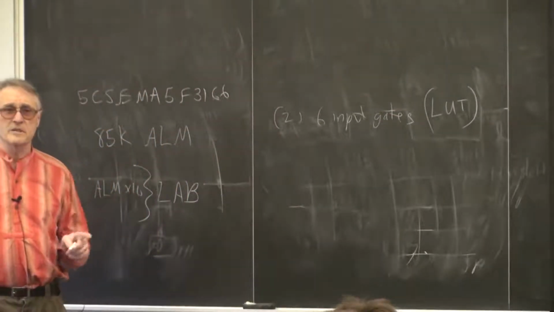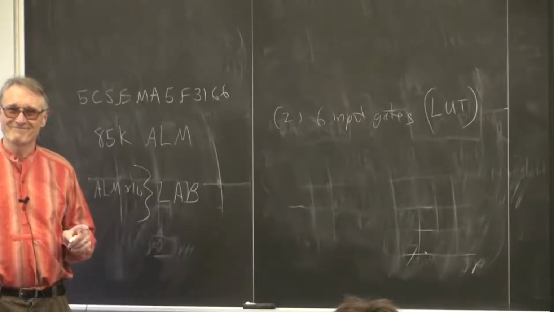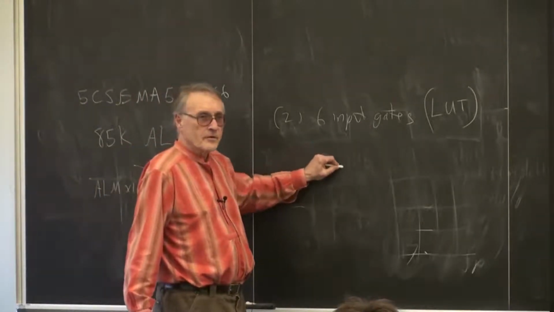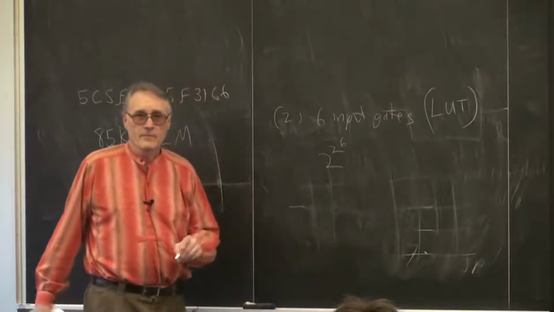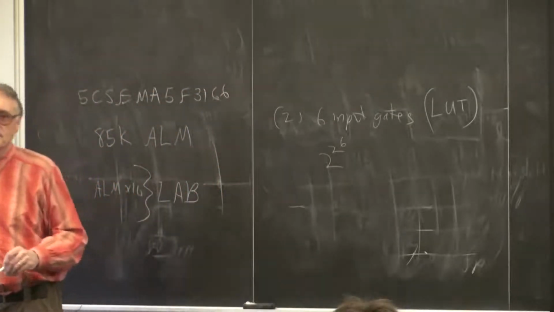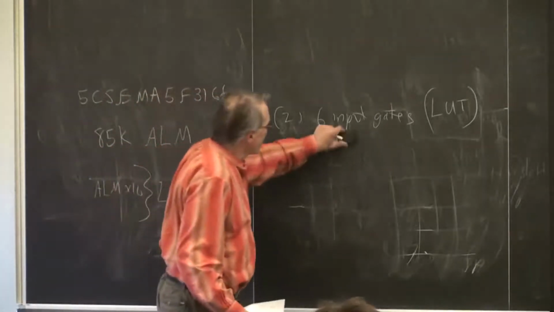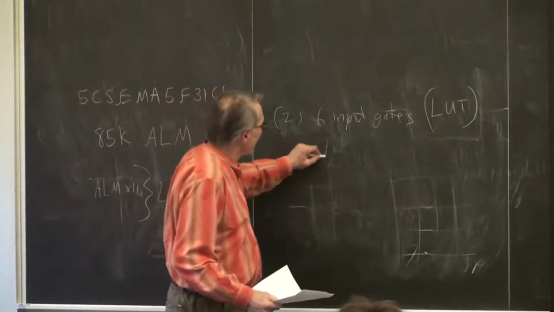How many functions of 6 inputs are there? This is a straight up computer science question. 2 to the 2 to the 6th. That's a lot of different functions. So you can have 2 6-input logic elements, a 2-bit adder,